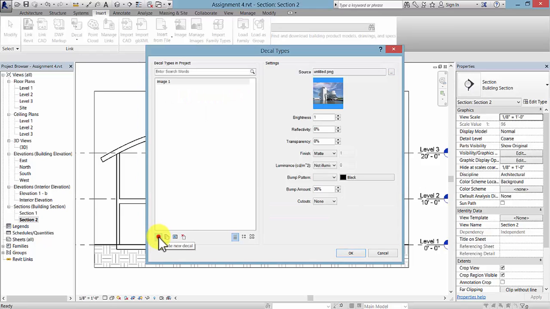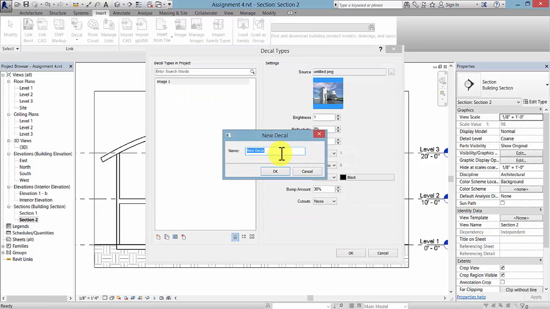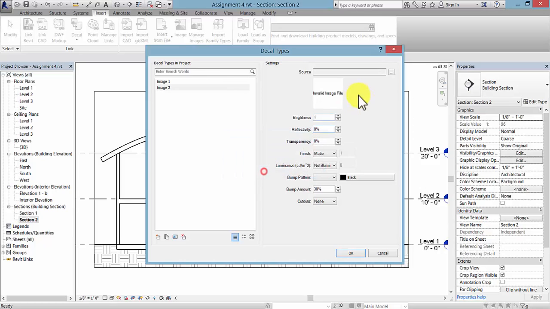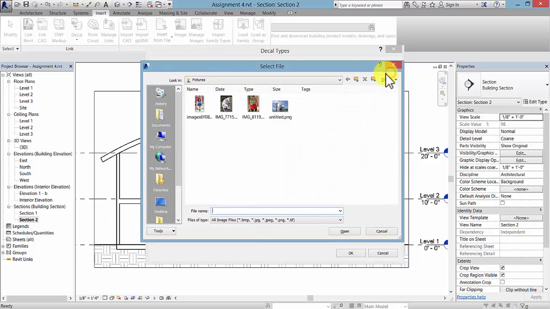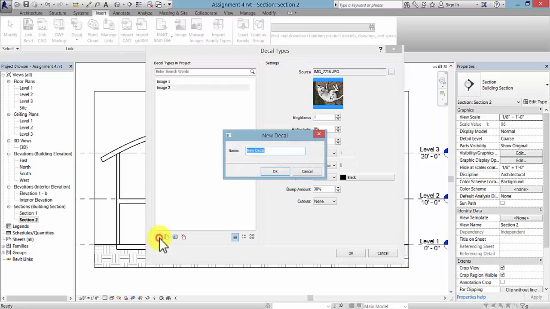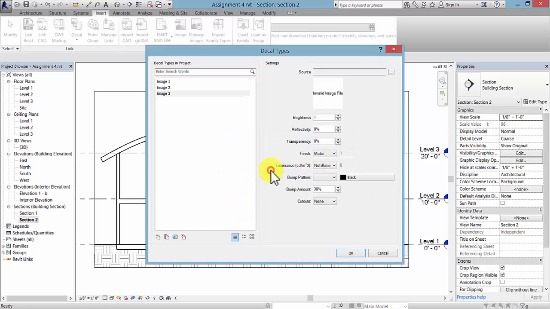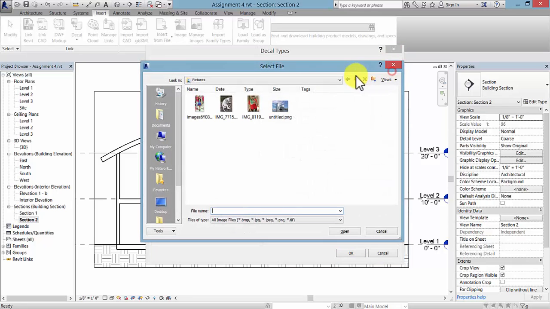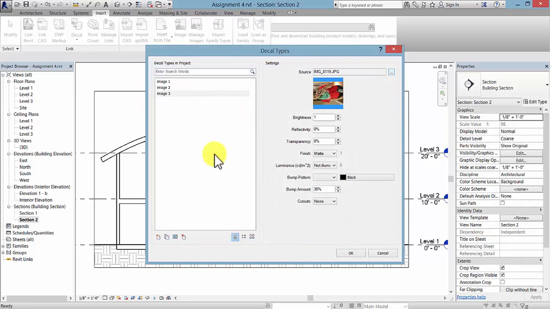So at the bottom left corner, pick Create Decal again and type in Image 2, and then go here to the source icon and bring that image in, and we'll rotate that. Once we place it, we can go ahead and create another image here. So create as many as you'd like for your rendering, and then pick OK,